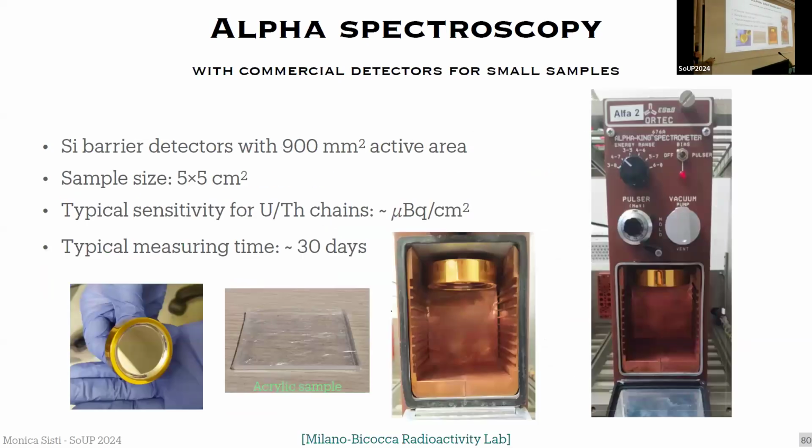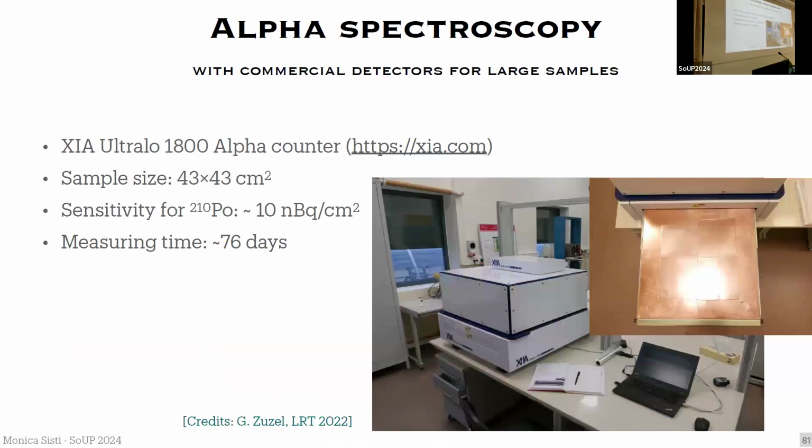To make alpha spectroscopy, unfortunately, there are not many ways. You can use silicon barrier detectors. These are small chambers. This is in our lab in Bicocca. You can measure samples of this size, about 5 centimeters. And in the surface laboratory, you can reach typical sensitivities of microbecquerel per square centimeter. We measure in times of 30 days. You can probably do better with